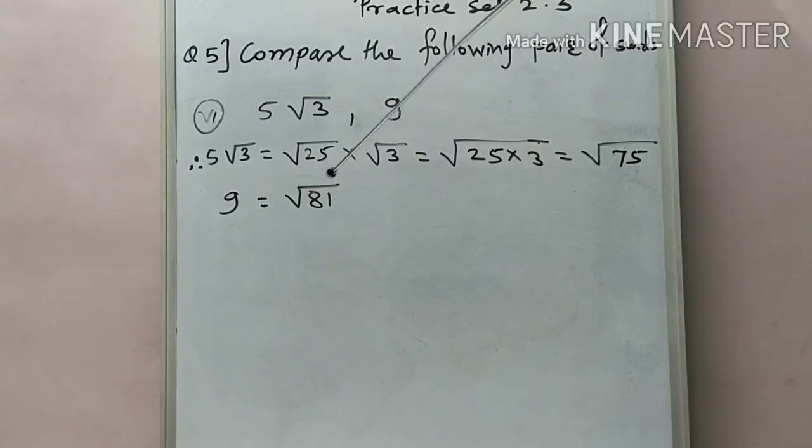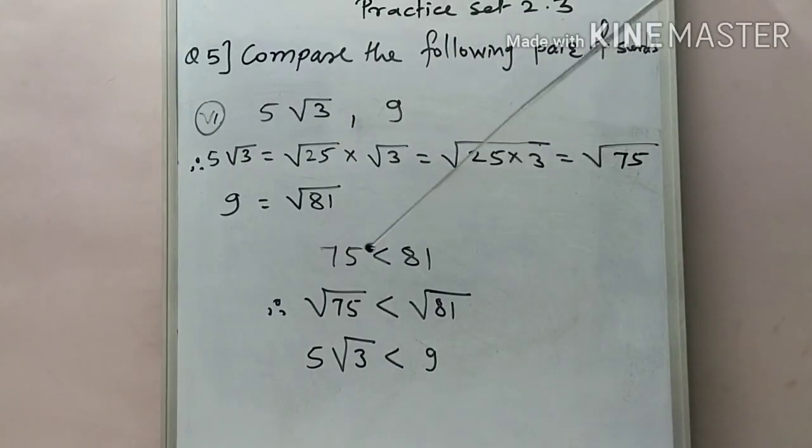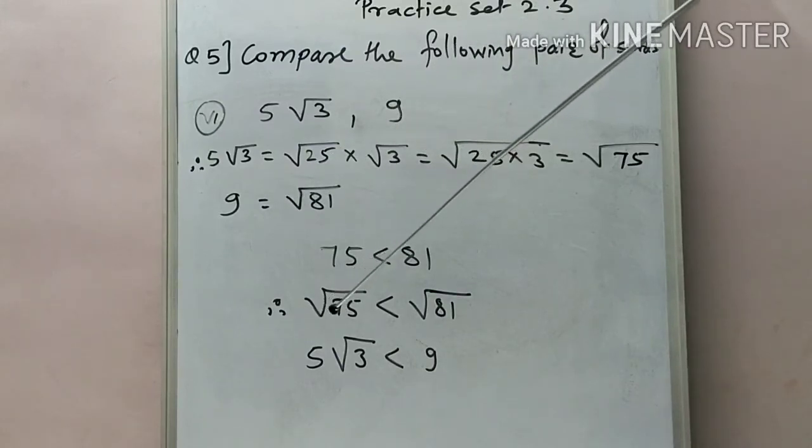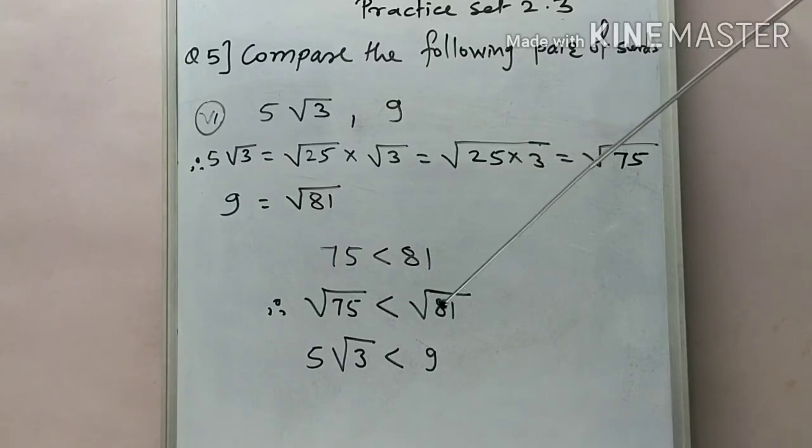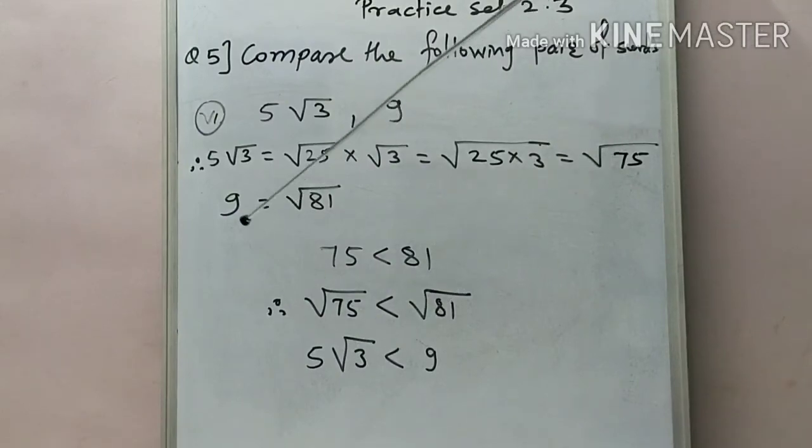81. Getting this? Actually that root 81 is not a surd. Okay. Root 75 is a surd. But actually we have to compare these two numbers, means one surd and one rational number. And what we observe here, students, is that the first number 75 is less than that radicand 81, and it means that root 75 is less than root 81. Okay, but root 75 is the value of 5 root 3, which is less than root 81, means 9. Okay, so like this, for 1 mark question you have to solve this example in exam.